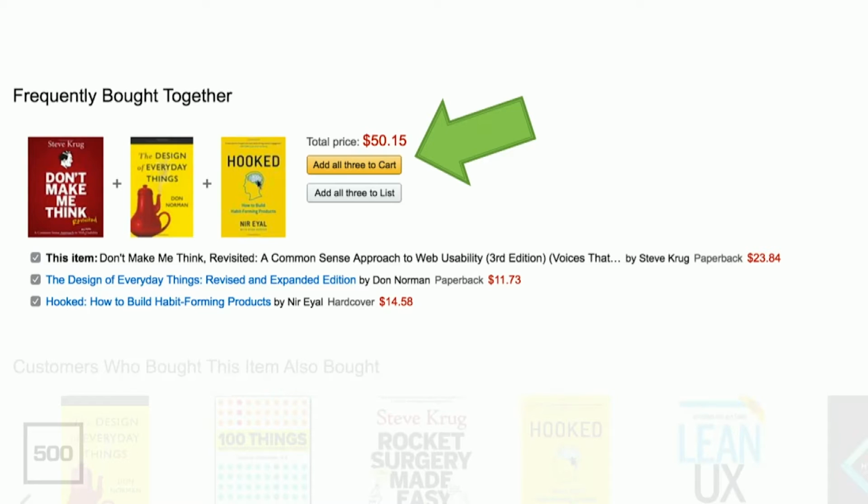What they do with Amazon, and this is on the product page, this has been there for over a decade, right? You're interested in one product, well, they show you other related products and let you add multiple to the cart, and they have this fancy pricing algorithm called addition, where they'll sell you 2 for the price of 2, right? But it's still a little bit evil.